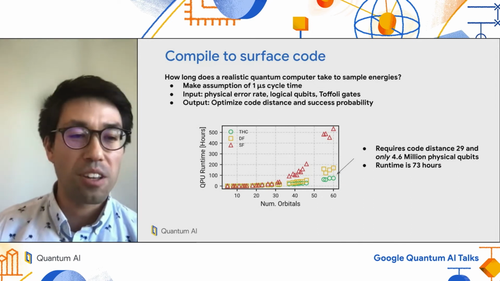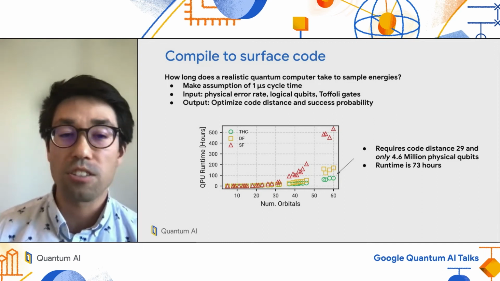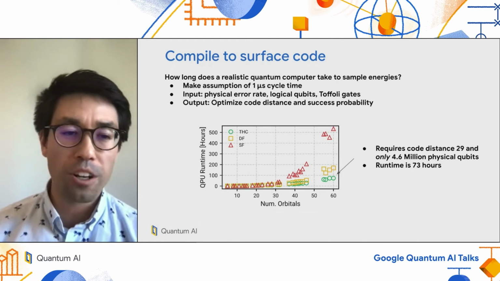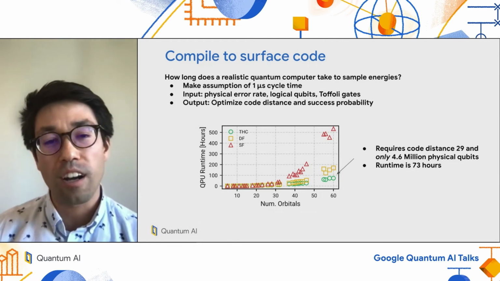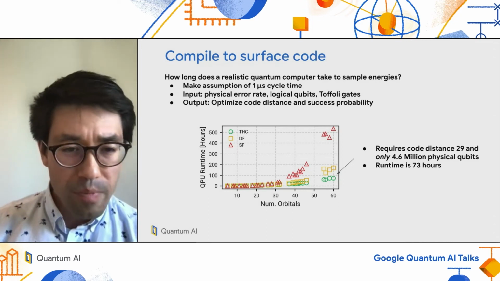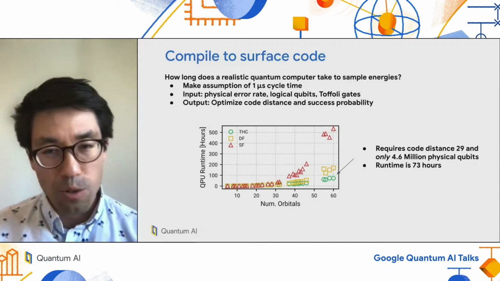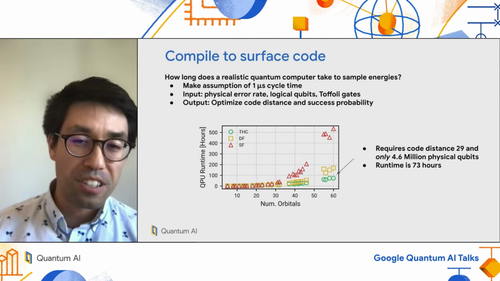We're going to assume something about the physical error rate, and we know the logical qubits and the Toffoli required at each step of phase estimation. And what our code is going to do is optimize the code distance necessary for constant success probability for running this particular algorithm. And so remembering back to what we started with, those 4 particular molecules in those active spaces